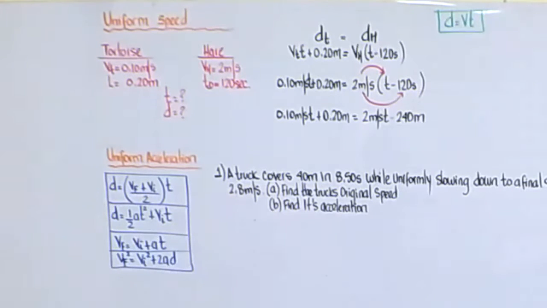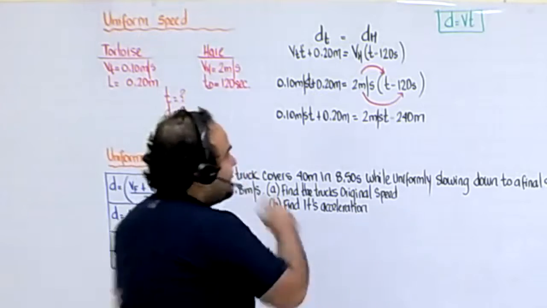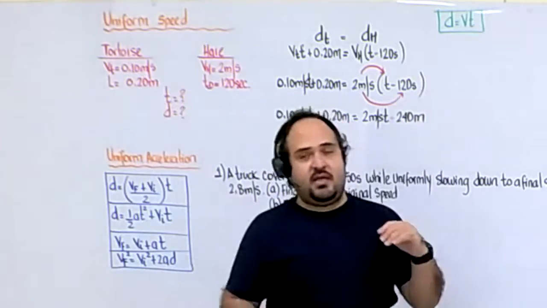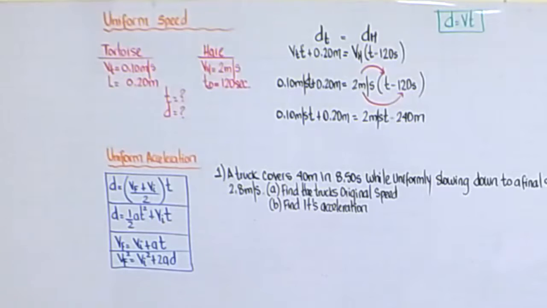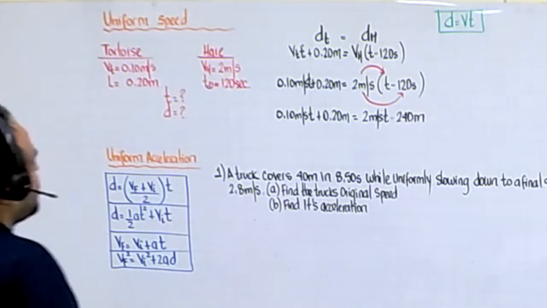How about the hare or rabbit? The concept is the same. Distance equals velocity times time. Velocity of the hare multiplied by the time of the hare. But why is there a modification? Why am I subtracting 120 seconds? Because